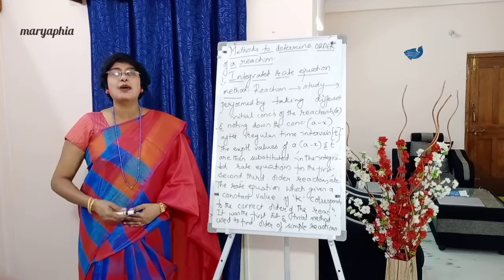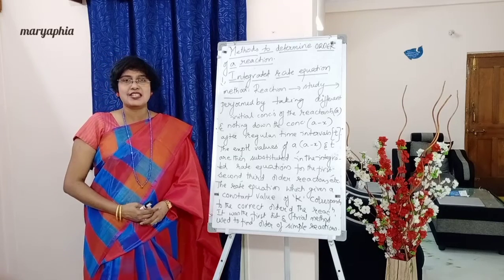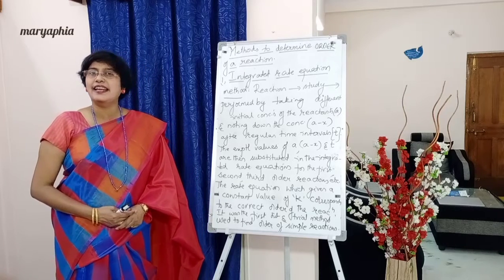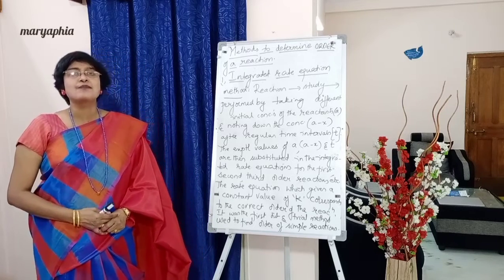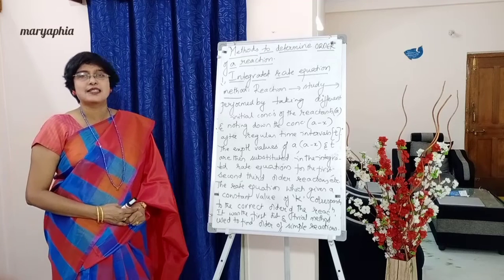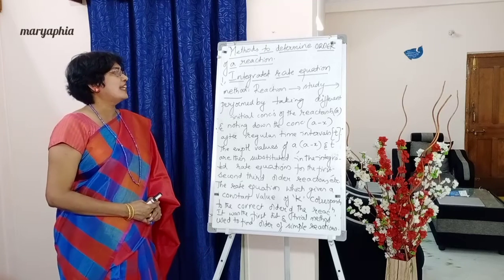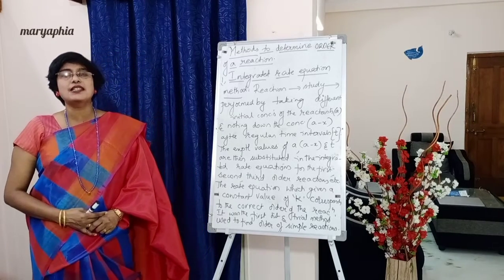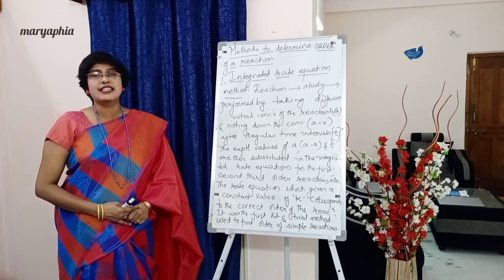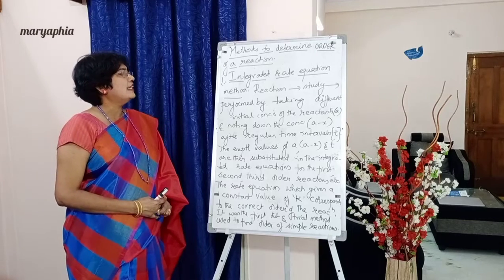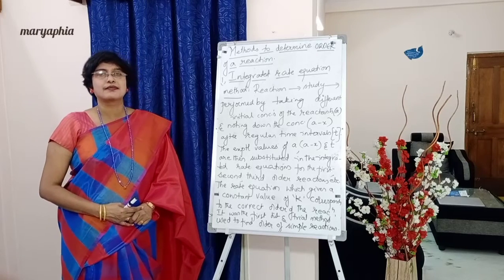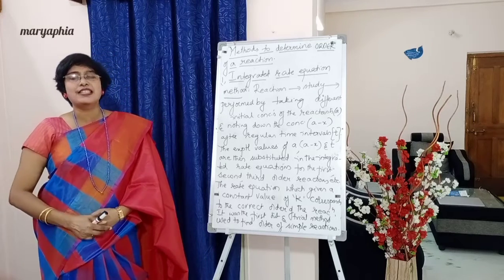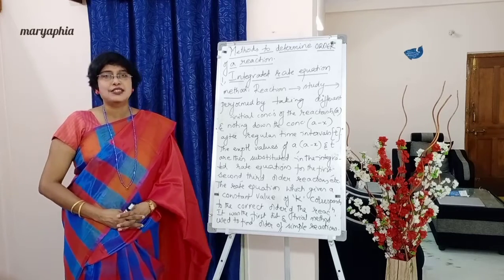So how to determine the order of a reaction? Under this first method, which is just a hit and trial method, students, and it is also called the integrated rate equation method. Put the side heading, integrated rate equation method. Now, the order of which reaction do we have to determine?